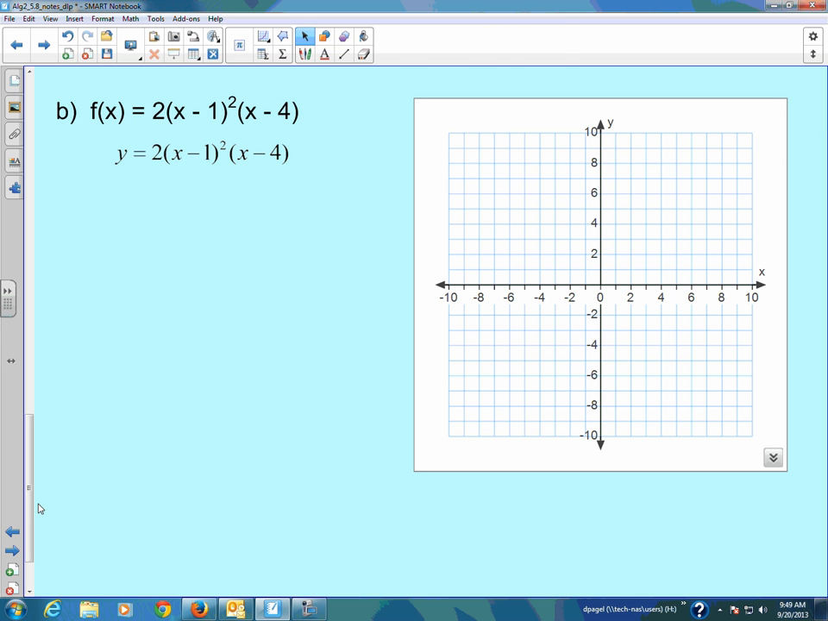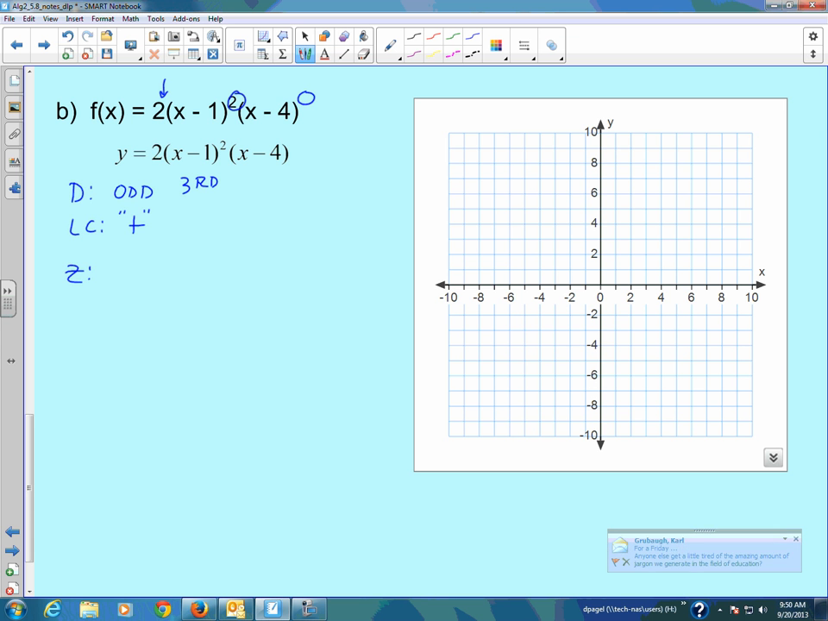Okay, we're back to factor form, which is nice. Degree, let's see, we have a power of 2, power of 1, so we're back to an odd function. This is a third degree. Lead coefficient, got that 2 out there, and that's positive. So I know I'm going to start in quadrant 3 and end in quadrant 1. And then we can go find our zeros. So we have x equal 1 and x equal